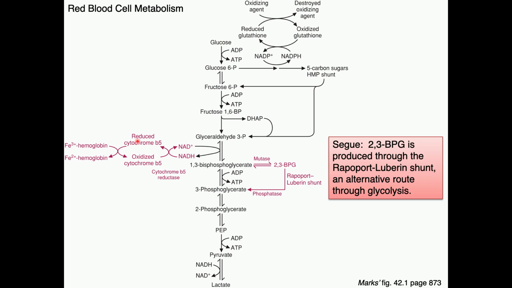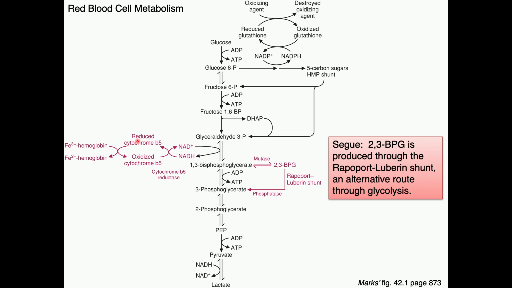So the Rapoport-Luebering shunt exists solely to produce 2,3-bisphosphoglycerate, which acts as a regulator of hemoglobin. So that's kind of one arm off of glycolysis. Then the other two arms off of glycolysis that are significant in a red blood cell have to do with